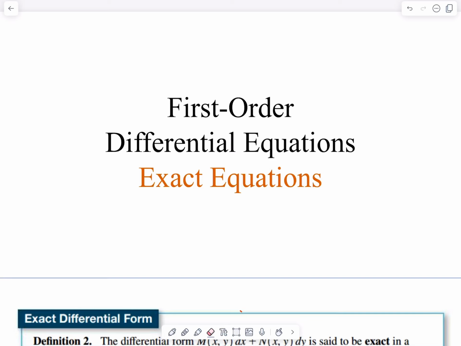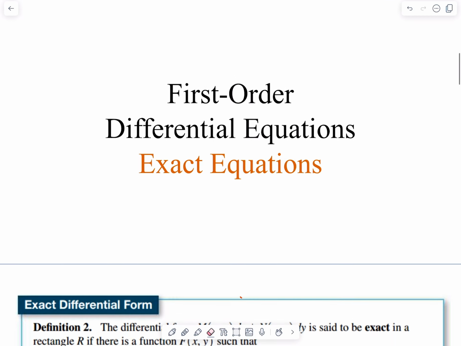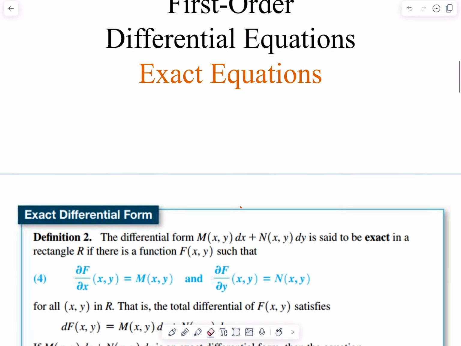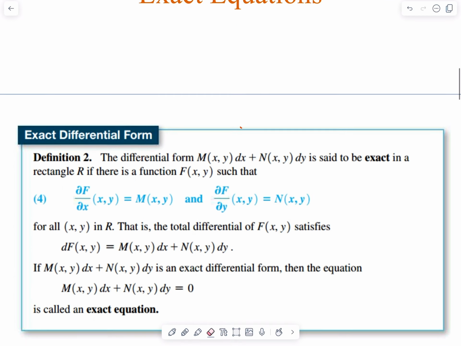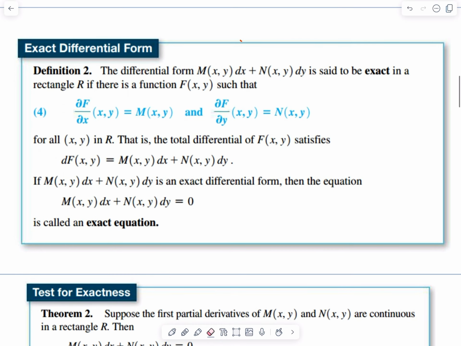Okay, this is the first order differential equations, and we will be talking about exact equations. Let's first talk about the exact differential form. So the differential form of function M dx plus N dy is said to be exact in a rectangle R